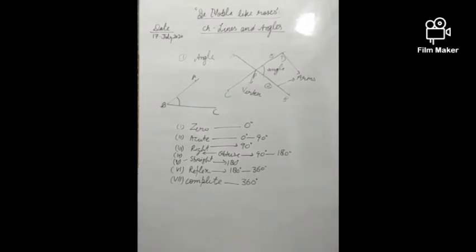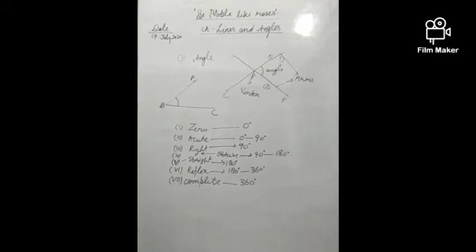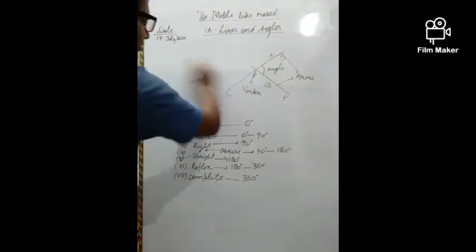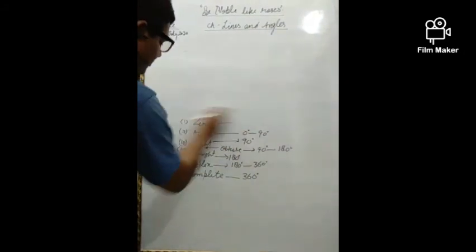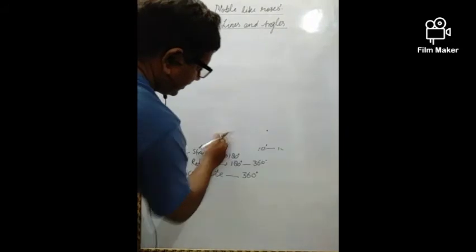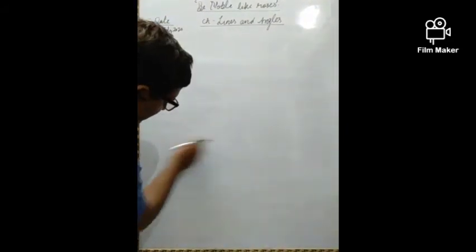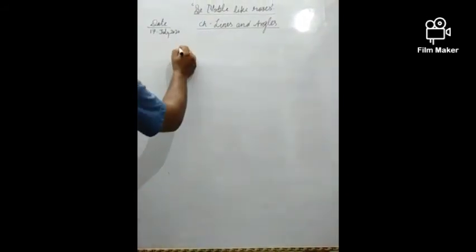So this is all about the meaning of the angle and kinds of angle, and then we will discuss the details. So let's start the next segment, which is most important, and the actual chapter starts from that point, right? So I am going to start that point, which is known as adjacent angle. What is adjacent angle?